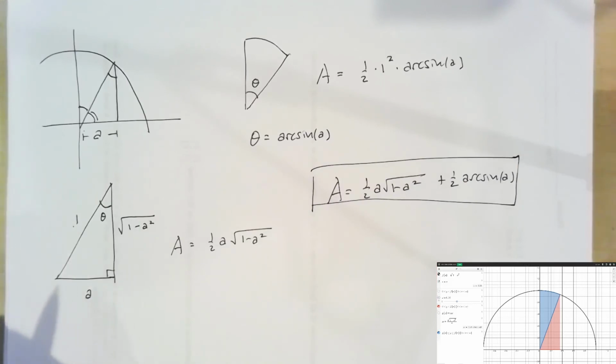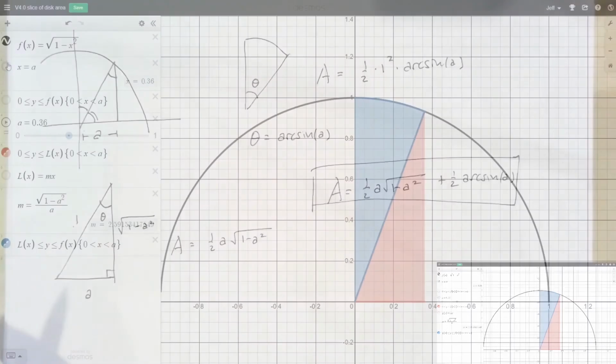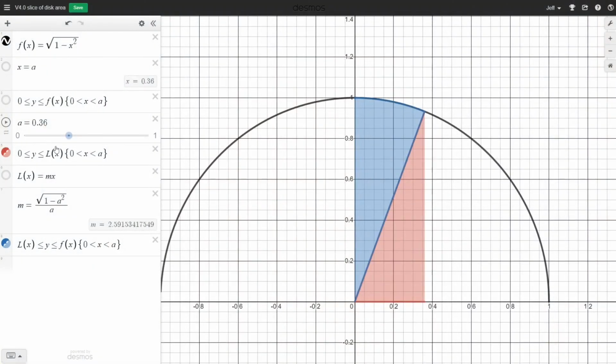Kind of a complicated formula, but just based on things that we already know from geometry. You might want to try out that formula in two extreme cases. What if A equals 0? Is the area 0? What if A equals 1? Is the area pi over 4, 1/4 of the area inside the whole circle?